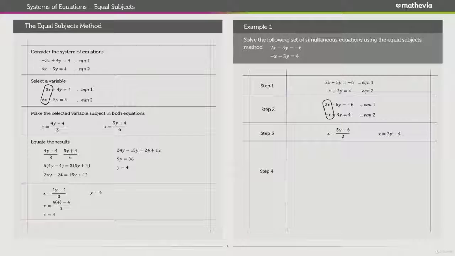Since x equals (5y minus 6) over 2 and x also equals 3y minus 4, I believe it's safe to say that (5y minus 6) over 2 equals 3y minus 4. And basically we go ahead and cross multiply, and we solve that simple